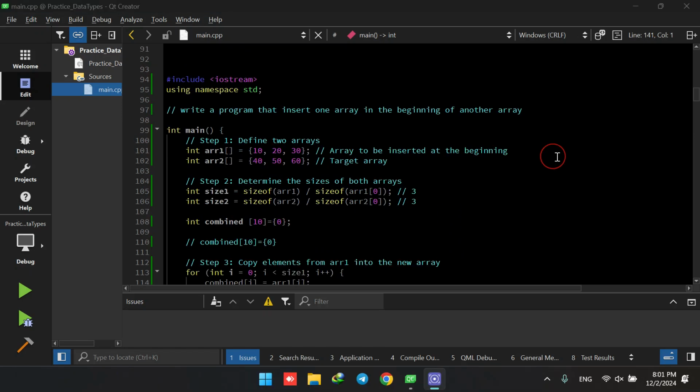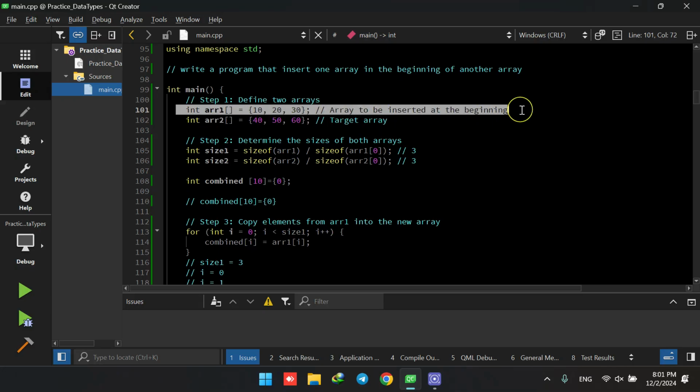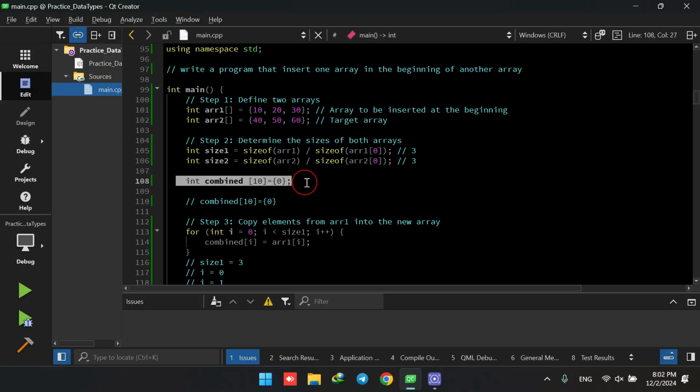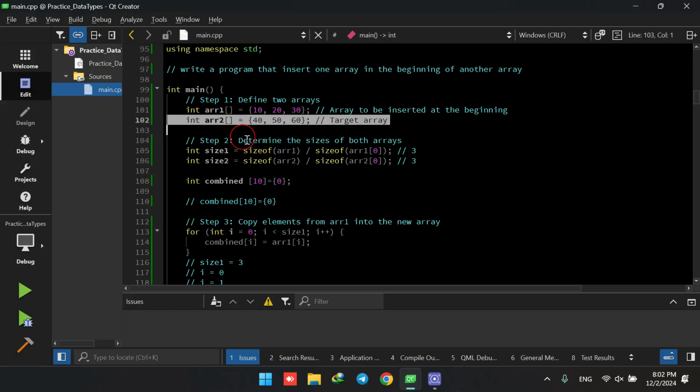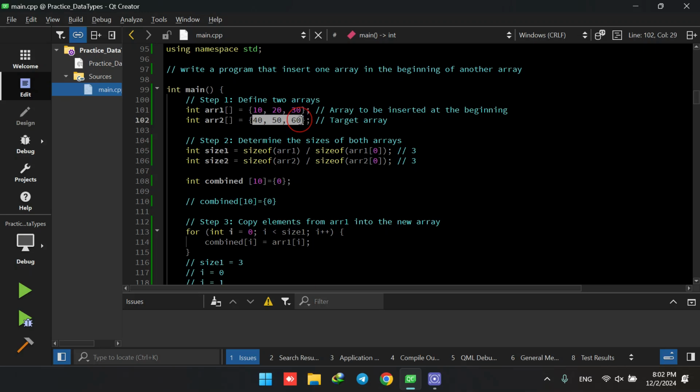Hello everyone, welcome back. In the previous lecture, we learned how to insert one array in the beginning of another array. Initially we defined two arrays, and then we initialized a third array, which was going to merge these two arrays. We had a target array, and the first array was being inserted in the beginning of the second array. However, after discussing this lecture,